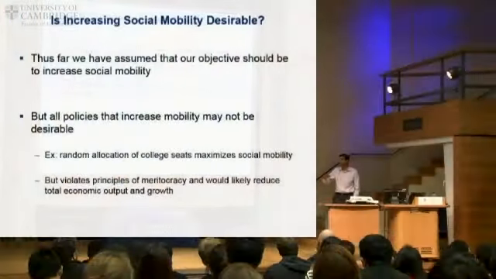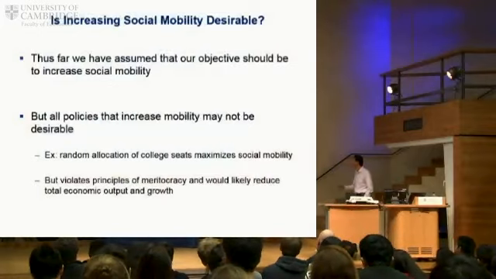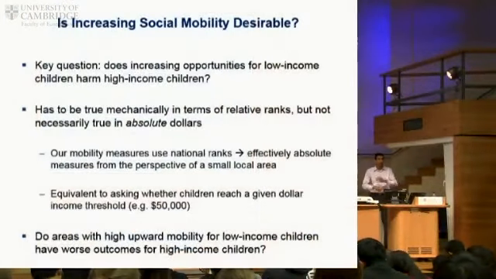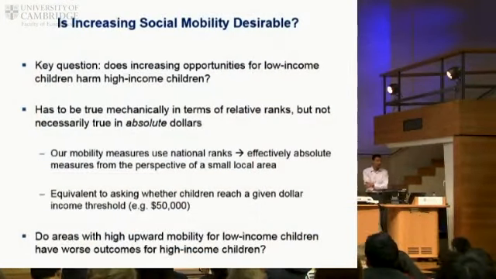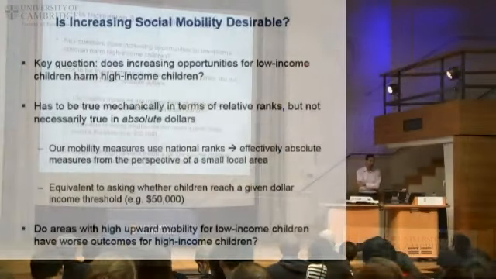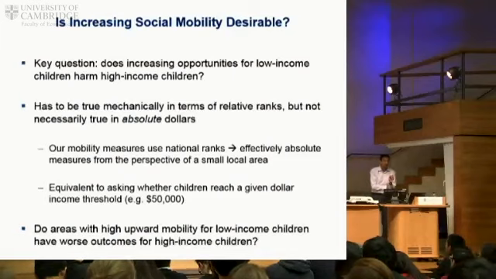But I think most of us would think that that's not really a sensible policy, even though it maximizes social mobility, because it violates other things that we care a lot about. For instance, meritocracy, giving people with greater merit better opportunities. And from an economic point of view, it would also very likely reduce total economic output and growth. So it's not totally clear that increasing social mobility is always a good thing. And I think really the key question is whether increasing opportunities for low-income children ultimately ends up harming higher-income children or affecting total economic output in some adverse way. Now, notice that